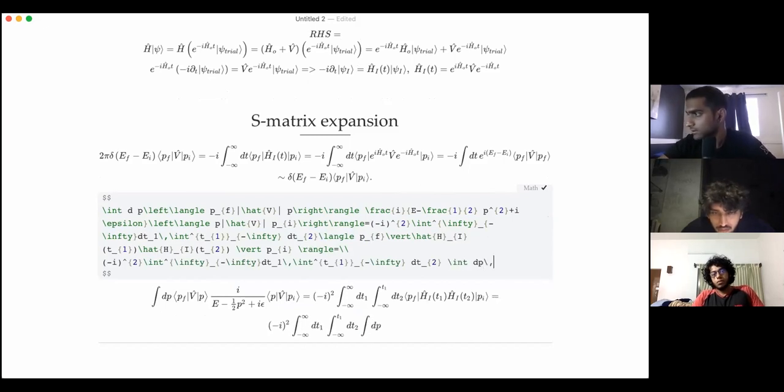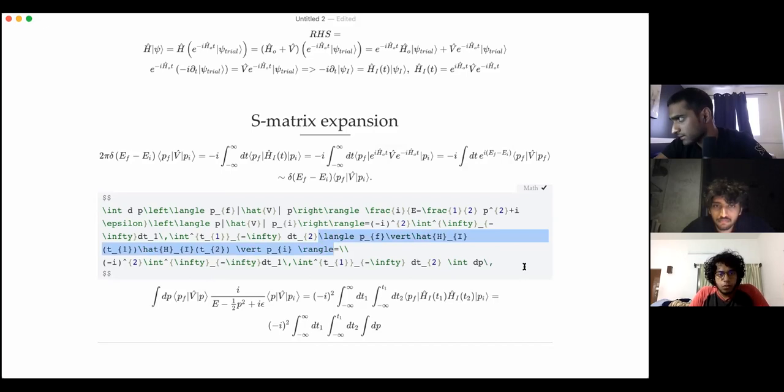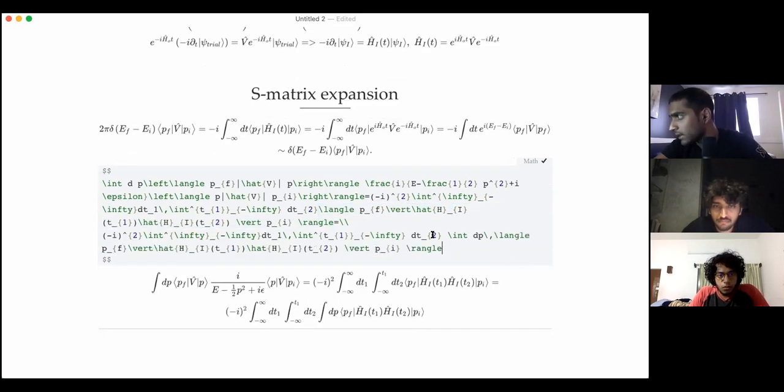And now, what could this dp possibly be doing for us? We're inserting a resolution of identity, right? So we want pp somewhere. We see this p and p. So Pradyot rightly pointed out that that must have been what has happened here. Right? So now let me take, for effect, let's take this. And then between these two, I do